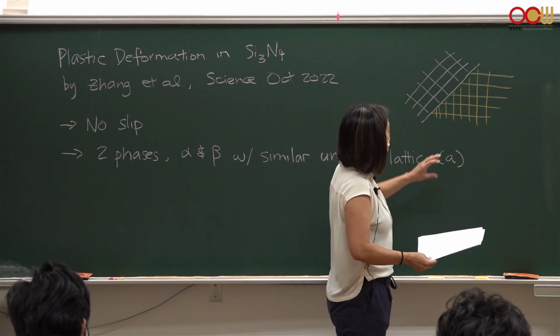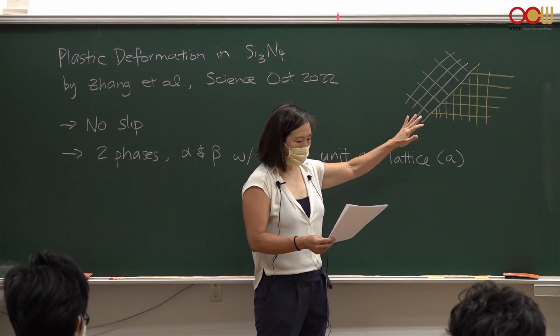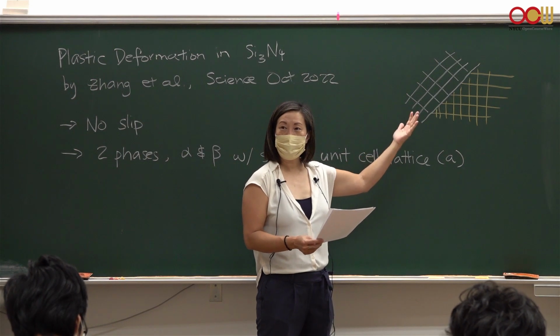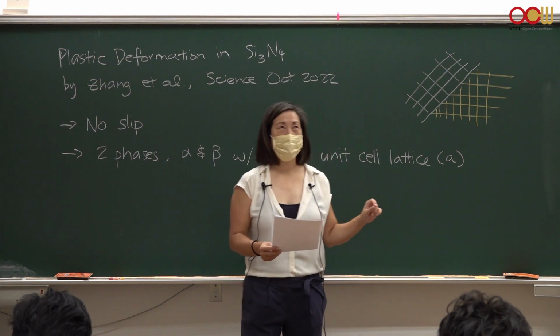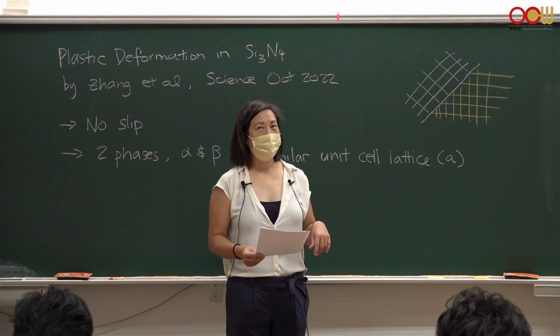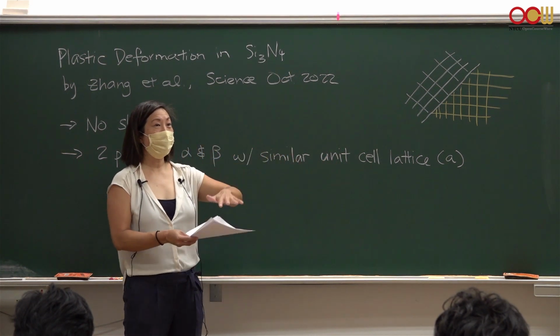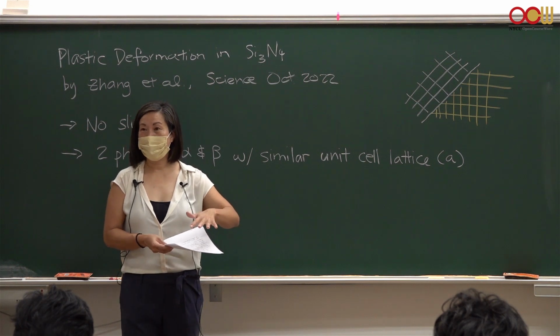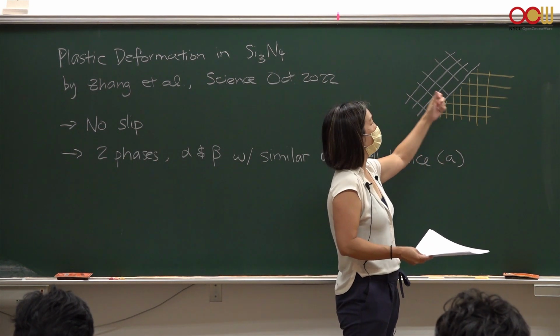And so what happens when you squeeze this material is that one phase will transform into another phase. And I can't remember right now if alpha goes to beta or beta goes to alpha. I think beta goes to alpha, but you could check the paper. One phase will transform under pressure. That energy that you're supplying by pressing the material will cause one of the phases to transform into a different